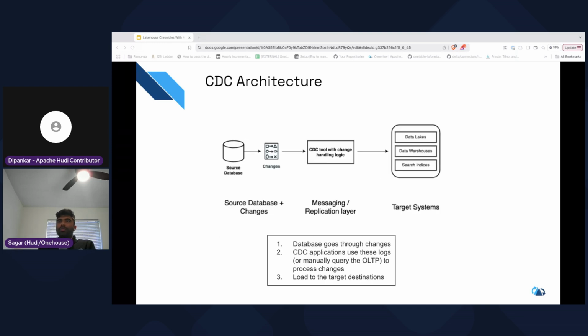Now, in this CDC architecture, if you go one level deeper, how do people do it? If you strip down all the fluff around CDC, this is what will remain. In this architecture, you have a source database, like imagine a Postgres instance, where you have inserts and some kind of changes happening, right? And then your CDC tool comes into the picture. This CDC tool